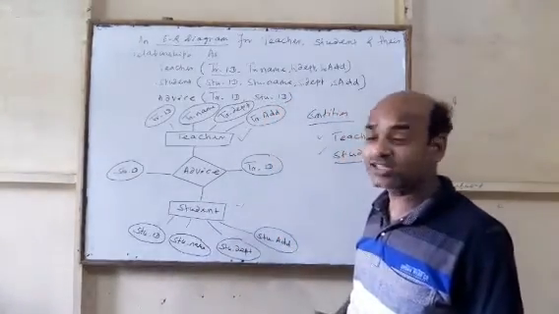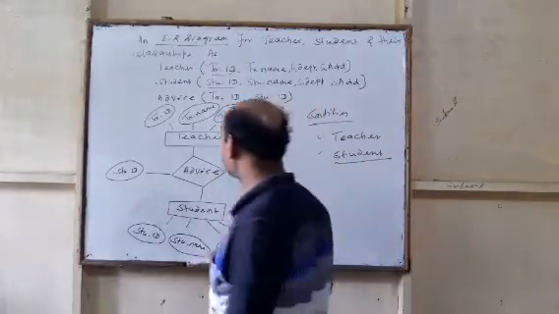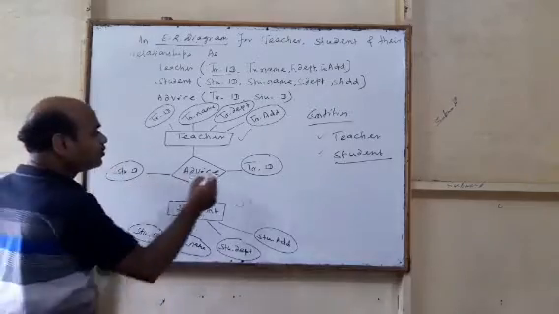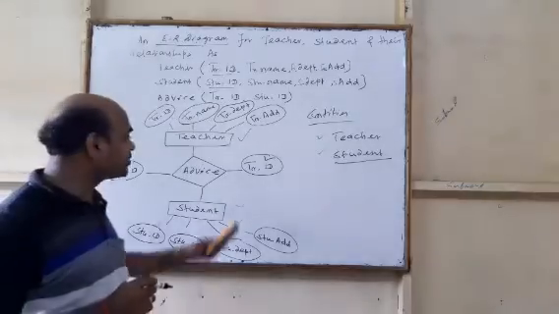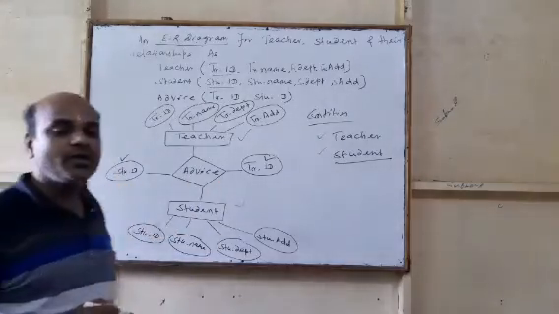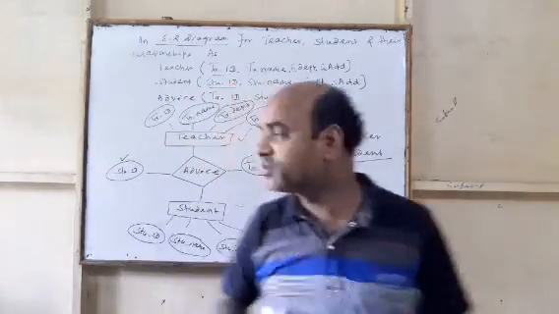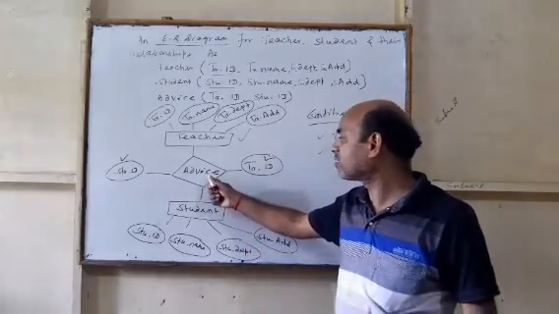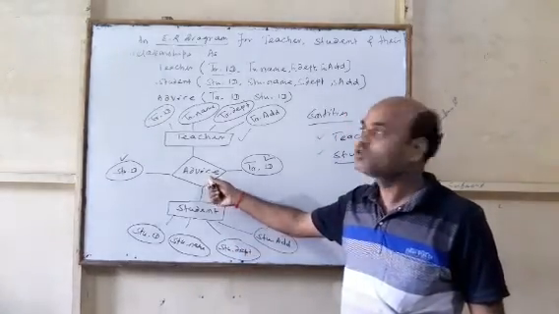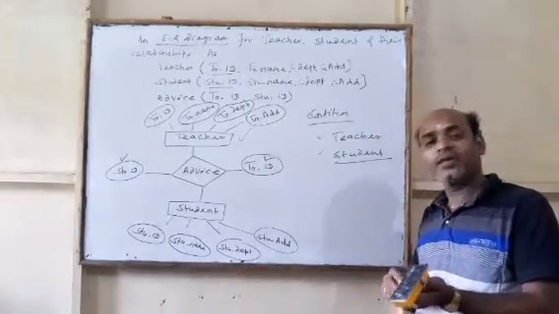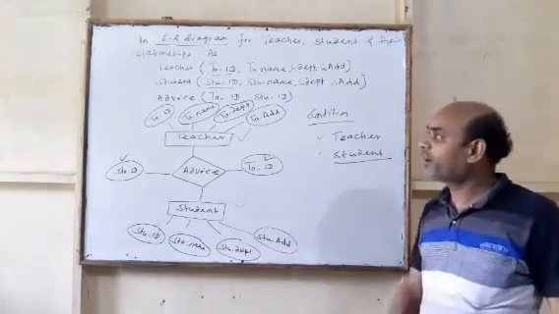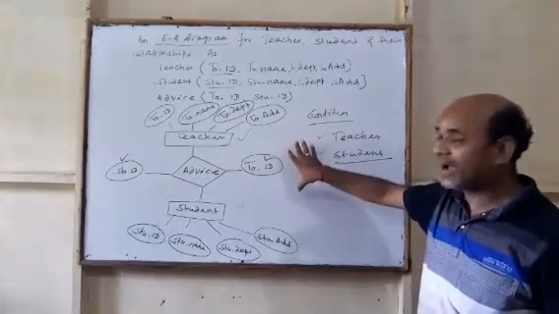So whenever a relation is given, two attributes will be required: who is the teacher and who is the student. So teacher ID and student ID may be the attributes of this relationship, advice. Okay. So this is another example of an ER diagram. We will find many ER diagrams. It is a part of an ER diagram.